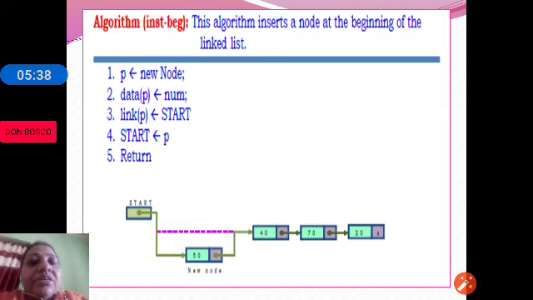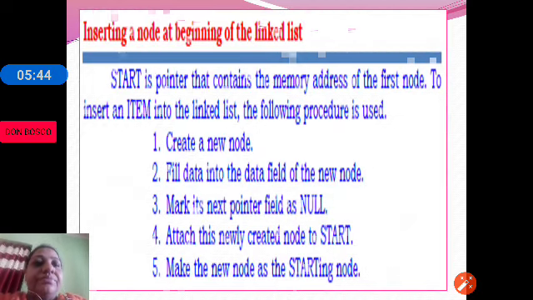This is the new node created. The new node, before it has to be attached,